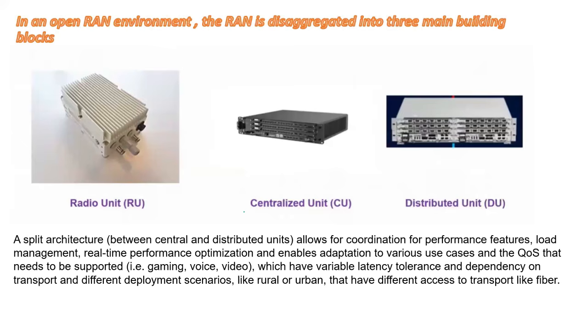If you have never seen the RU, CU, and DU, let me give you an idea. The radio unit will look like this, the centralized unit will look like this, and the DU will look something like this. Previously, RAN architecture in 2G, 3G, or 4G was based on monolithic building blocks. When we split the gNodeB into CU and DU, it brings lots of flexibility and scalability, and it will help us reduce the cost, right?